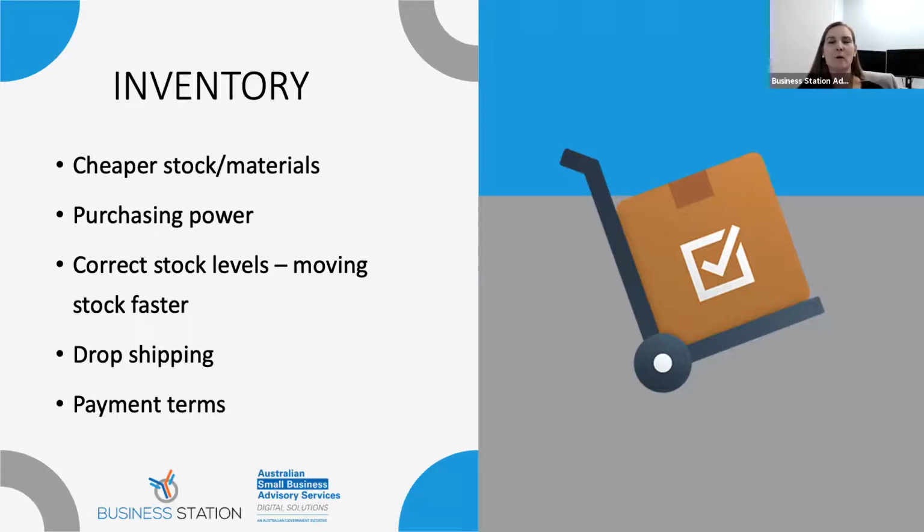You have buying power when you understand your own cash cycle. So when you map out how much cash you have at certain times versus how much stock you use, you can really see if there's any efficiencies. So for example, in October, you might have a surplus of cash, and you can clearly see on your cash flow forecast that there's always a lot more money in your business in that particular month. So can you buy bulk product, use that purchasing power to get reduced rates at that period of time to get you through a little bit longer? So look at those kind of efficiencies and using up that cash.